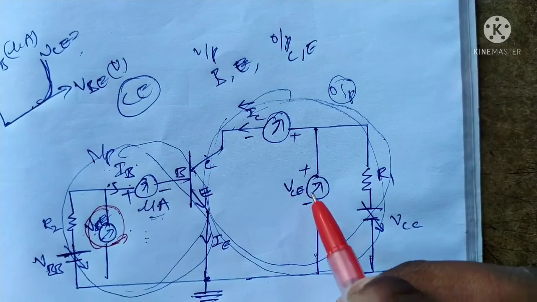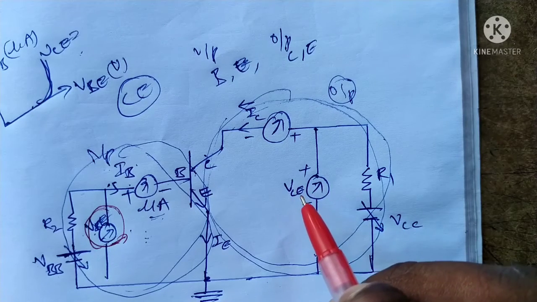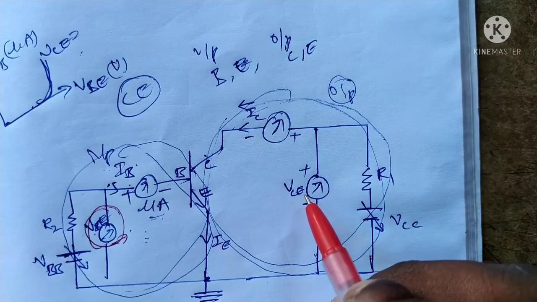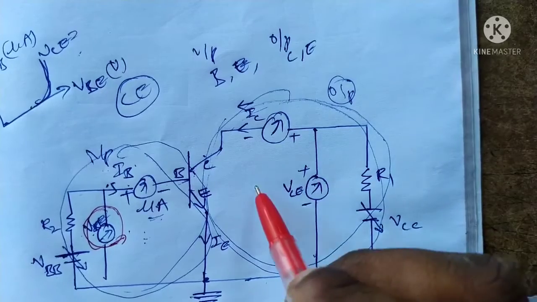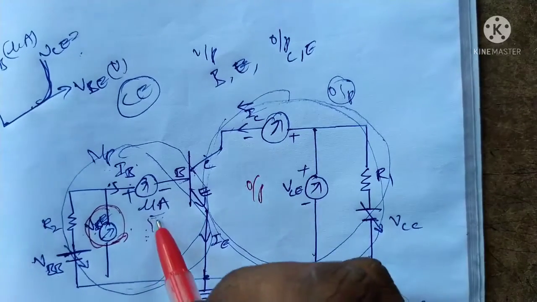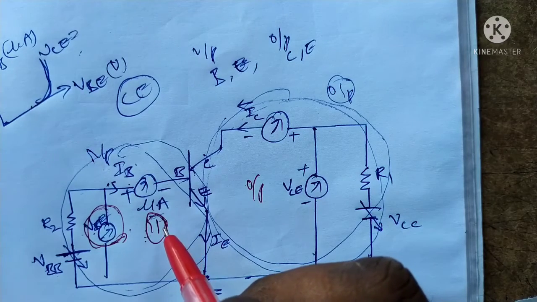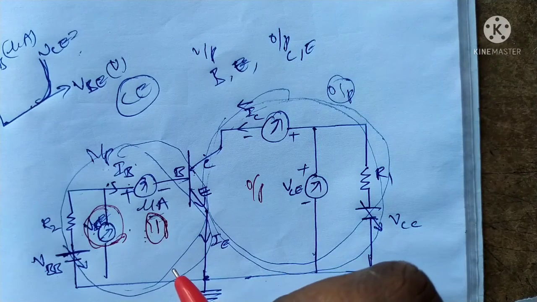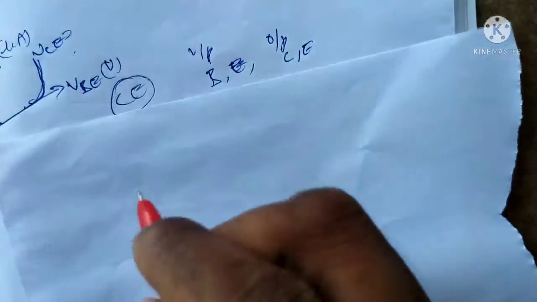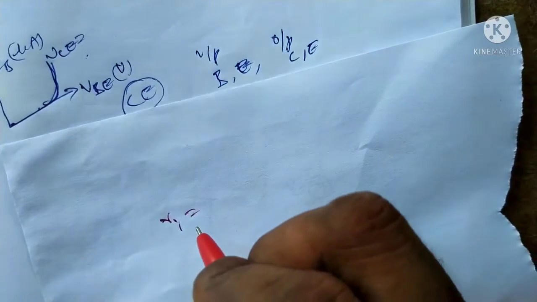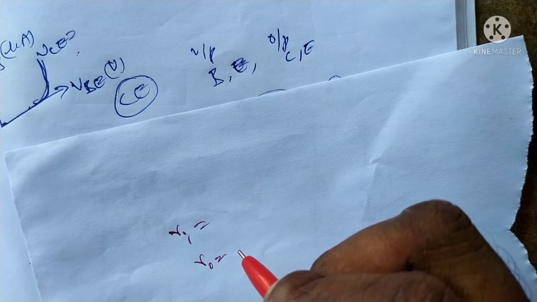And the output characteristics relate to VCE, the voltage developed across the collector-emitter. As this collector-emitter voltage increases, the collector current changes in the circuit. This part is the output part, and this part is the input part of the CE configuration in the transistor. A transistor has some input and output parameters: Ri is the input resistance, and Ro is the output resistance of the NPN or PNP transistor.